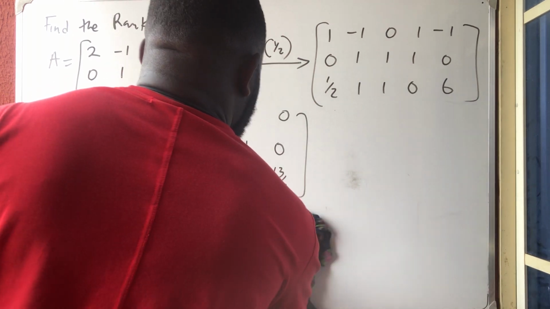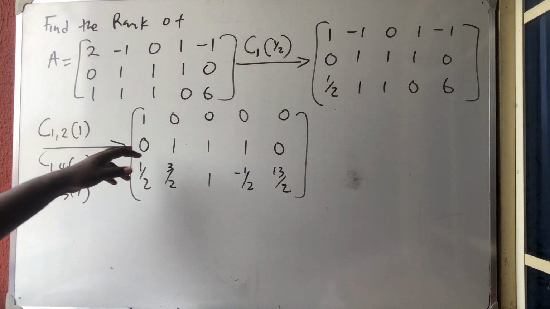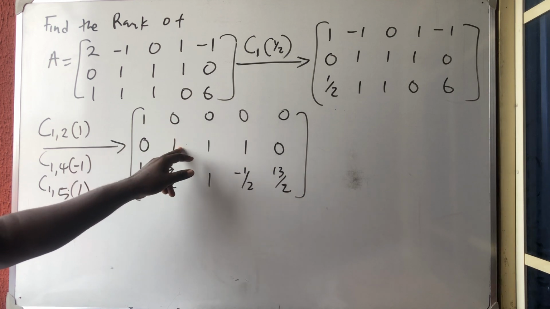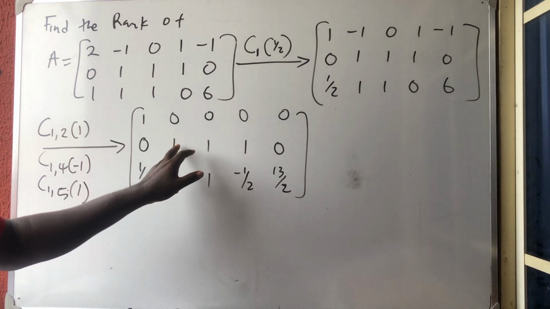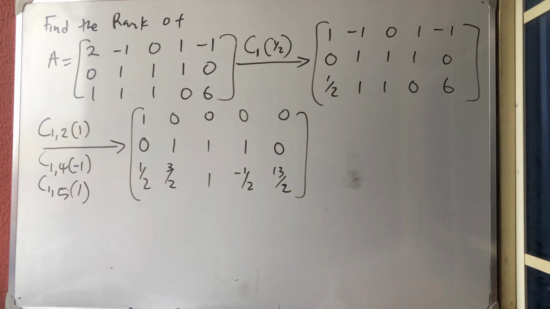So the next one is that anything can be here, but the leading entry in the next line, I've done the first one, so the next line is 1. So everything here is supposed to be 0. So how do we get 0 here now? That's the problem. How do we get 0 there? You can get 0 there by